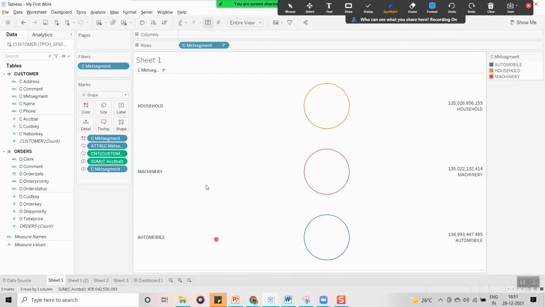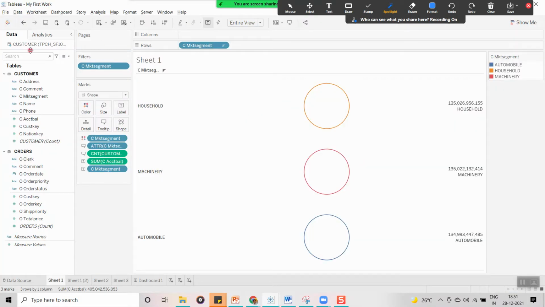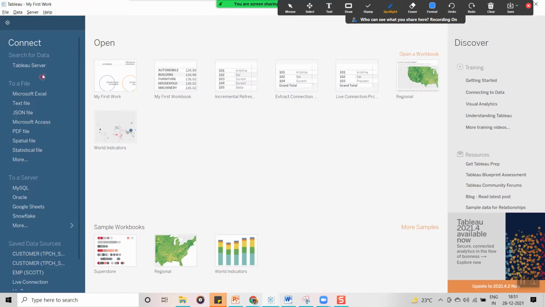And next is go to start page. Guys, here there is one small Tableau logo, right? Whenever you click on this Tableau logo, it is going to bring you into the start page, like whenever you open Tableau.